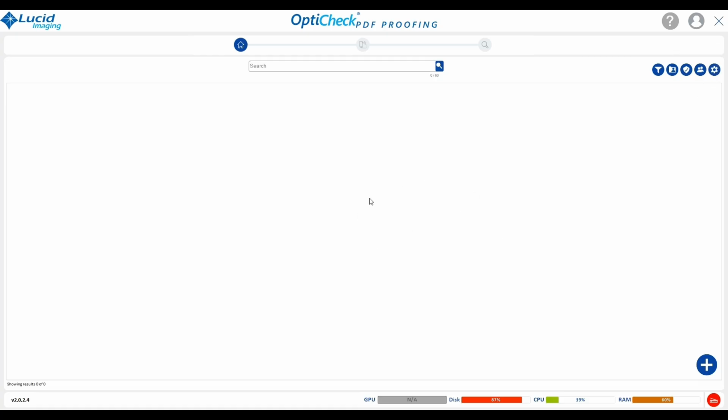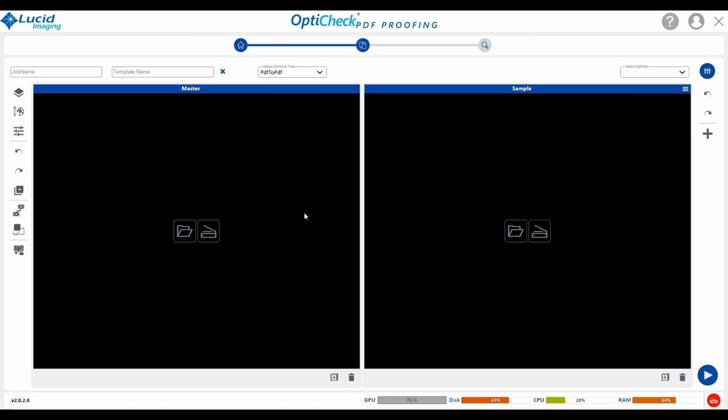If the user needs to create a new job, the user should click on the Add Job button located at the bottom right corner of the screen. Now, let's see the detailed explanation of the inspection screen. First of all, we should enter the job name in the job name text field to create a new job. After providing the job name, enter the template name. Here, we can also choose already created templates by using the Choose Template button.